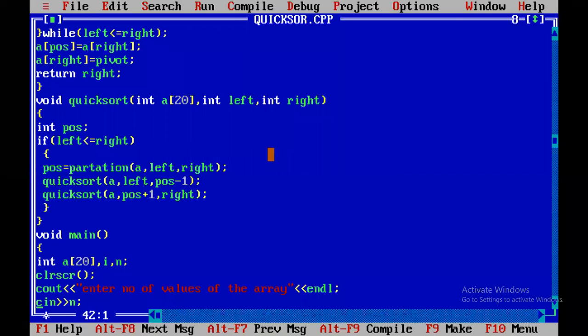The first one is they will give some examples and ask you to sort the numbers by using bubble sort and so on, sorting techniques. That is one question. For that you have to practice all the examples, all the methods. You have to take some examples and practice at home. That is the first part.